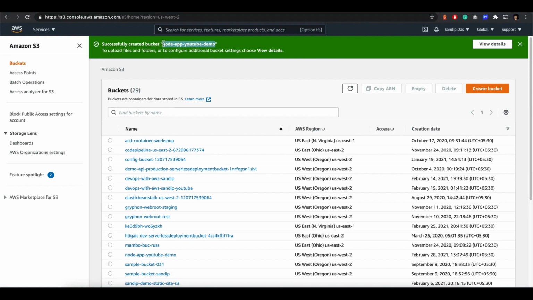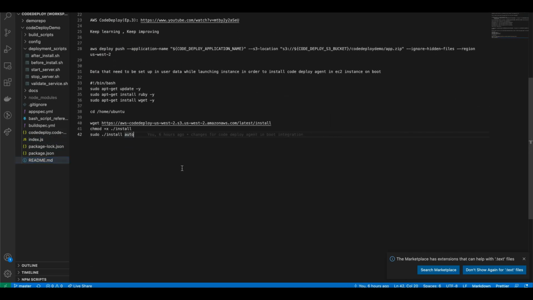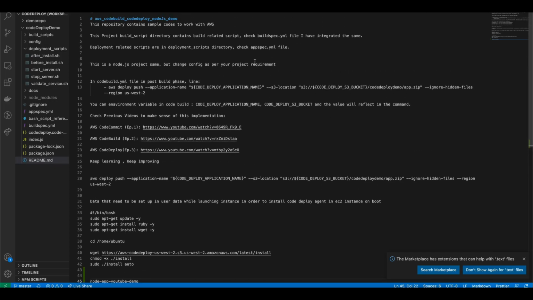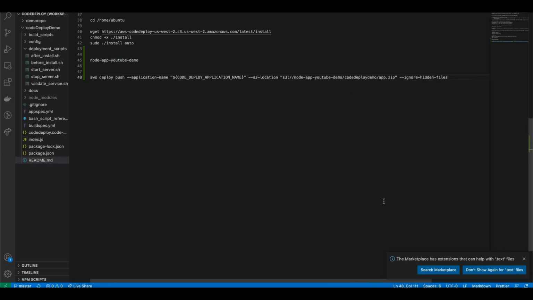There it is. Now we will run a command in the local console to make a build and push the changes to S3. So the command is this. You will see the project link. I will give it in the first comment, as well as in the description section, so you can just go ahead and get all the code. Okay. So application name I will give there. Let's first change the bucket.